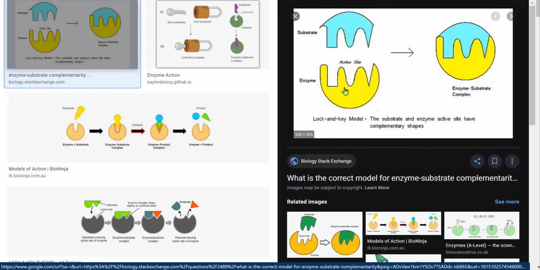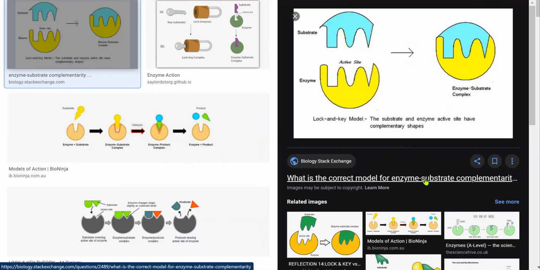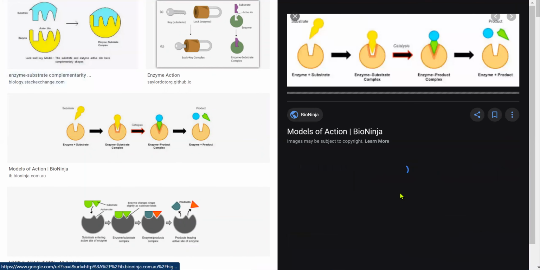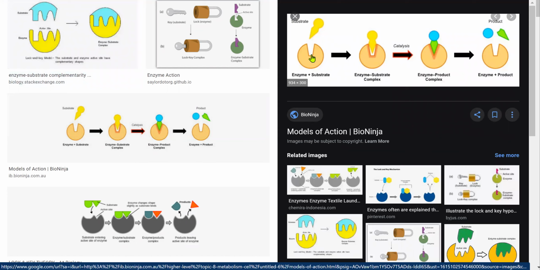And the active site would combine with the substrate to form an enzyme substrate complex, and then obviously there's going to be a reaction. This one is showing that reaction. So all biological molecules are very shape specific. They only react with other molecules if the shape matches, because biological molecules, organic molecules are big. They're bigger in size, which leads to very specific shapes. And interaction is only possible if the other molecule has a complementary shape. So you'll be asked about this thing, the lock and key model.